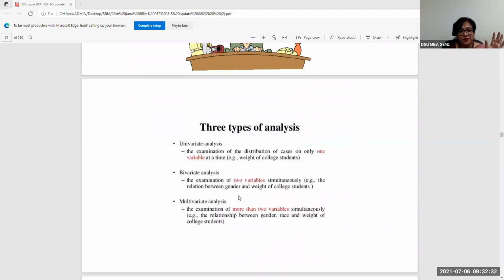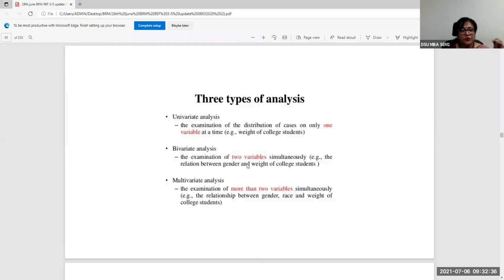So what are the three types of analysis? The three types of analysis are as follows. You have univariate analysis, bivariate analysis, and multivariate analysis, right? Can you give me an example of a univariate analysis? Univariate analysis is where you take one variable at a time and analyze it. So you take gender, you collected 500 responses from people, and out of 500, 250 were male and 250 were female. So how much is the split?